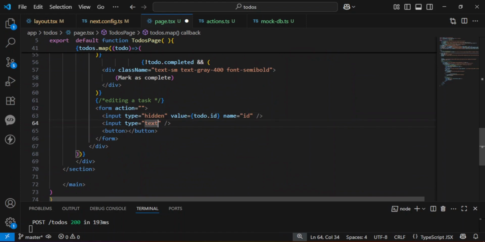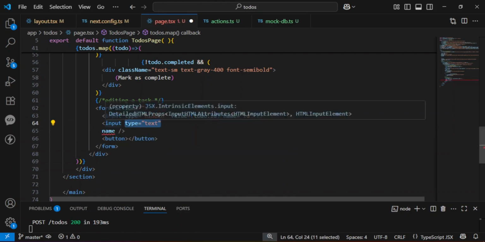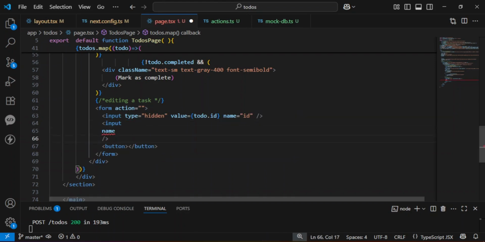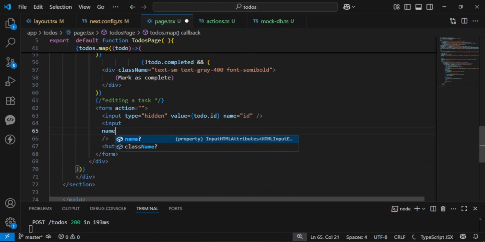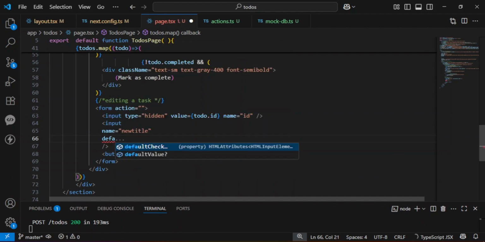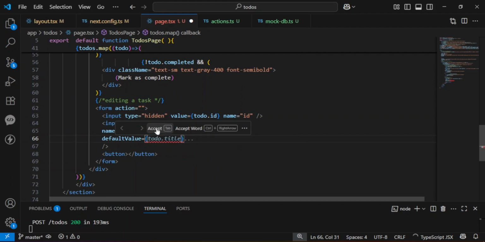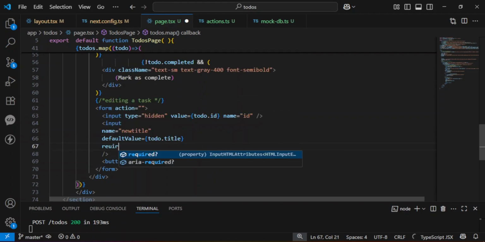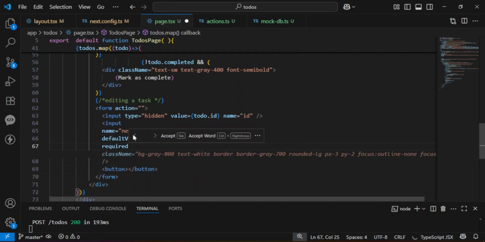Great. Now the second part is going to take the value of the new title, because we are changing this to new title. Therefore, inside it, I'm going to have name. Let me just delete this type. And then let me drop it down a bit so that it can become neat. You're going to have name, and the name is going to be, we can just say newTitle like that. Great. We can also have something else like default value. So what is the default value? The default value is todo.title, the specific title that is there. And finally, we can add a required attribute, making it compulsory. Great. Now that we have this,